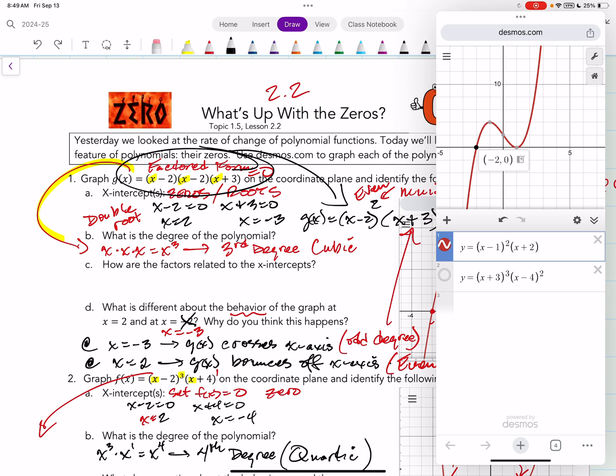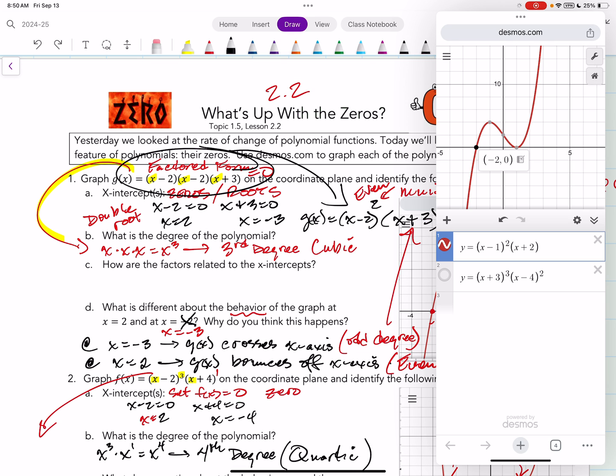And then notice that we have a bounce at 1. The function hits the x-axis and bounces off on the same side. We call that a bounce at 1. The reason why is because the multiplicity is 2, or the degree of that factor, x minus 1, is raised to the second power. So it's degree 2, which is even. So even powers like 2, 4, 6, 8 produce a bounce, and odd powers like 1, 3, 5, 9 produce a crossing. It sharply crosses through the x-axis like at negative 2 here